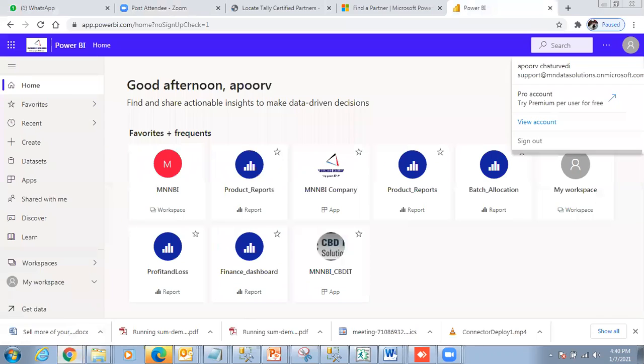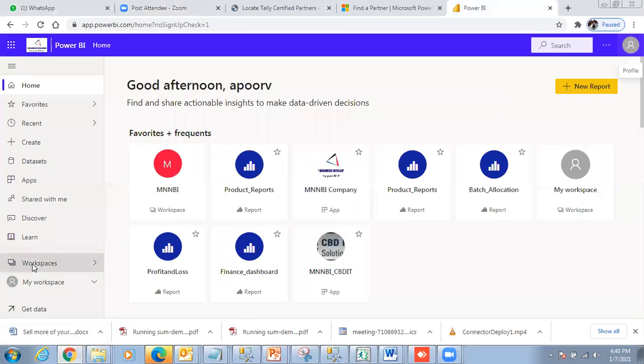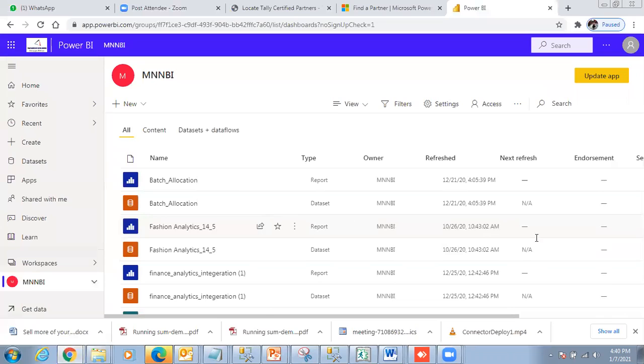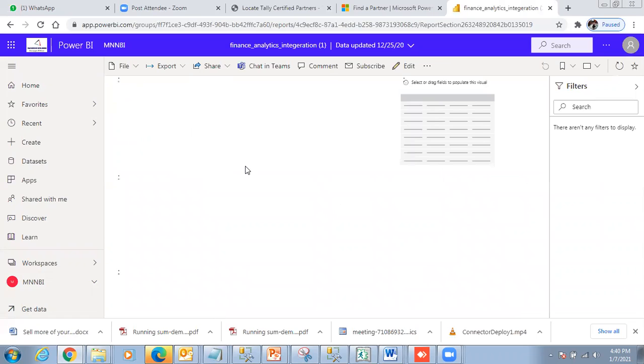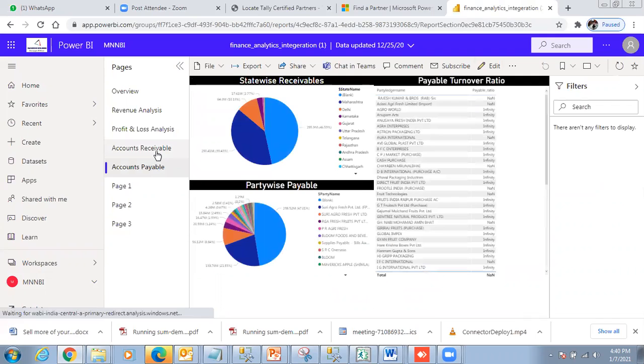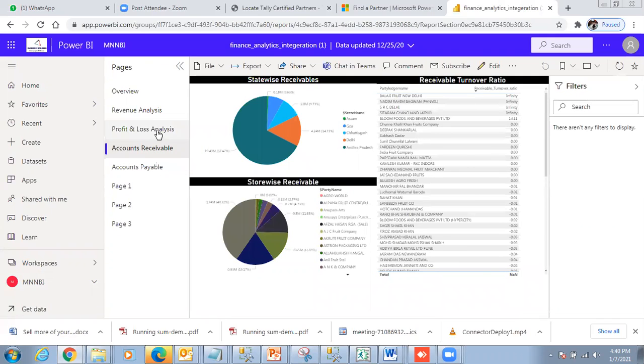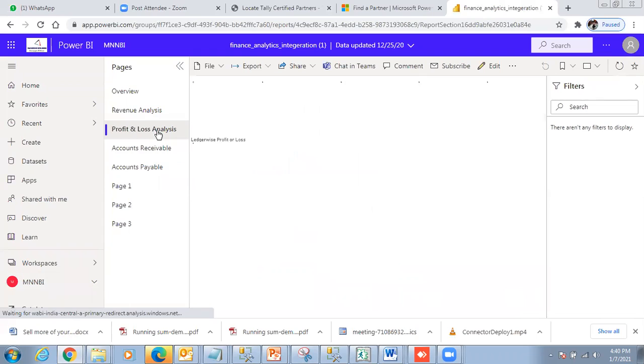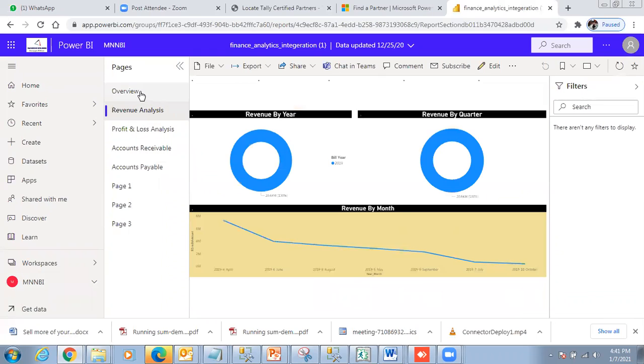Okay, so this is one of the logins for the support. I go to my BI workspace and I pick up ML in BI. And if I look at my finance and analytics integration report, then I can see this report on the cloud like this. Most of you who have already purchased already have your admin logins. And if I go further down and click on my mobile, right? On the same mobile,